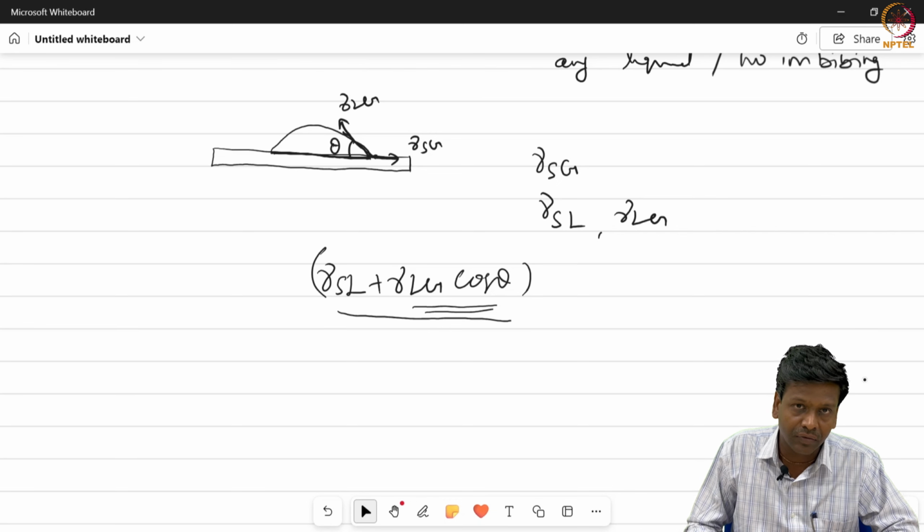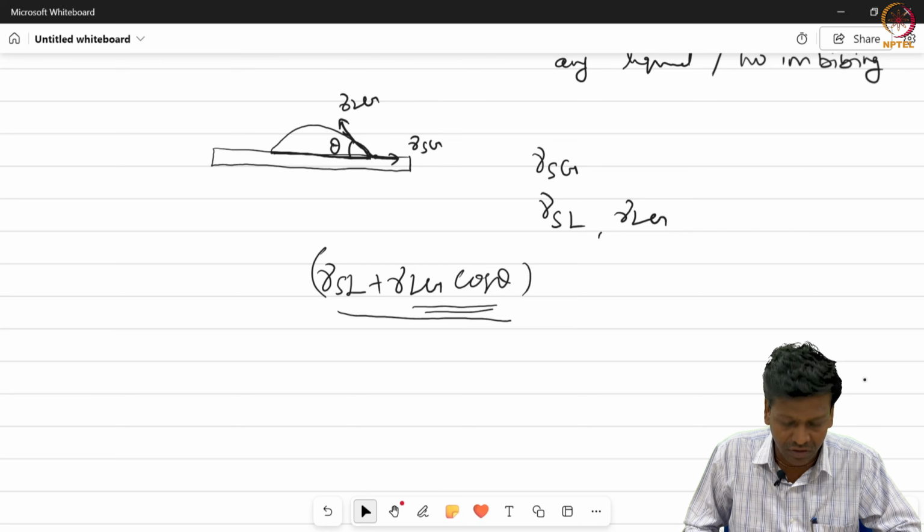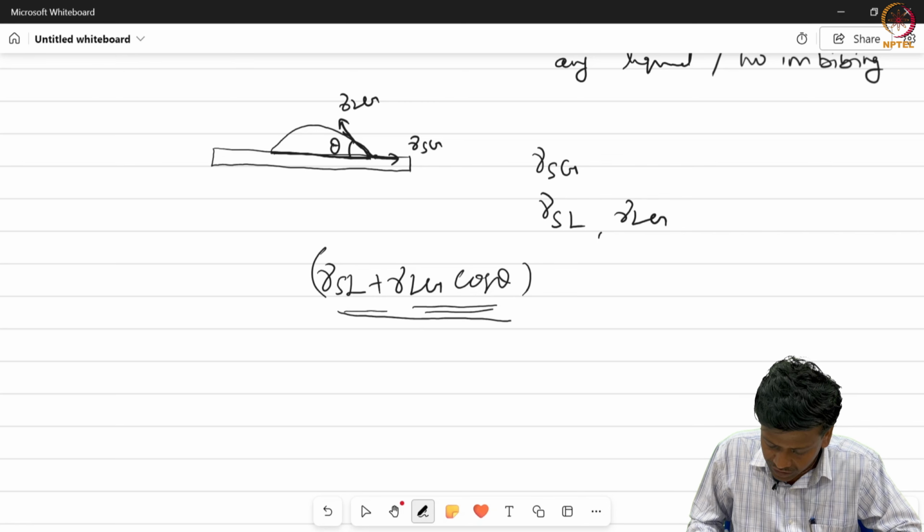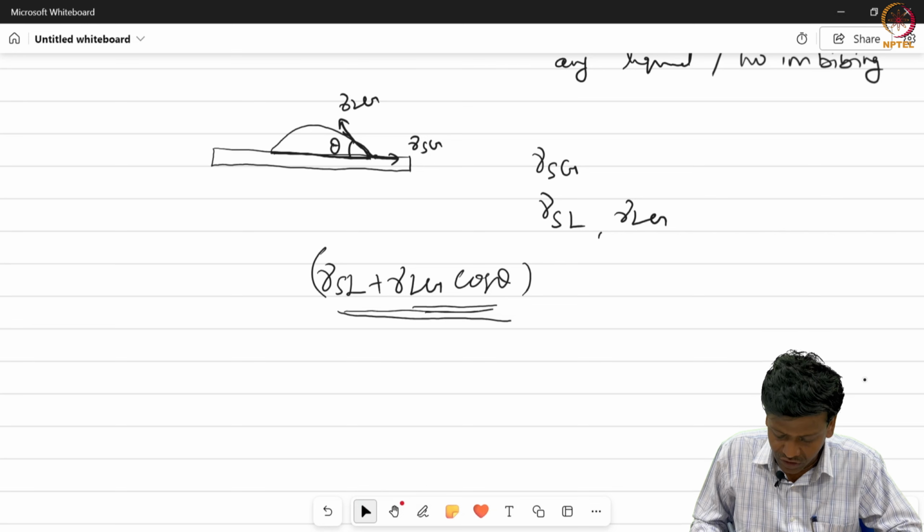The resulting component will be gamma LG cos theta, which you can obtain through a simple geometric relation, right? Because there are two competitive forces, this will yield